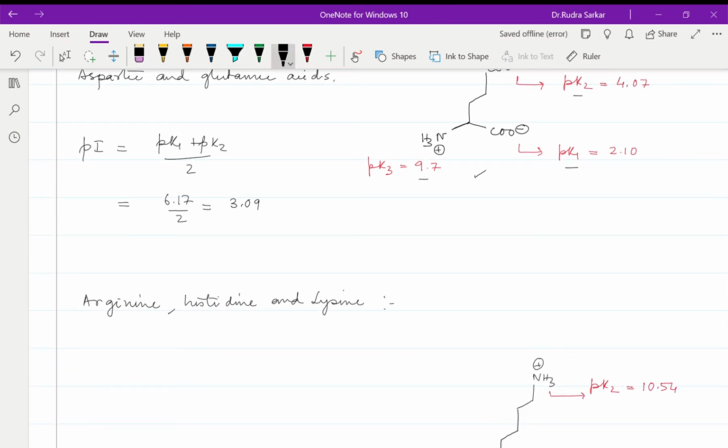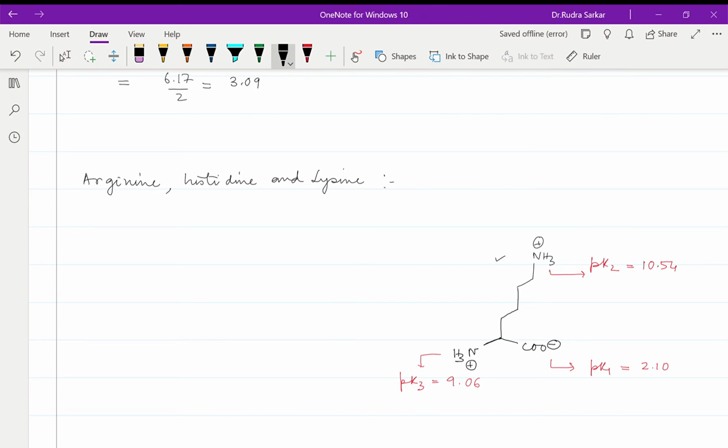Now for other amino acids such as arginine, histidine or lysine, here we have been given the example of the lysine amino acid, in which the pKs that we will be considering will be that of pKa3 and pKa2 for the calculation of the pI value of lysine. So here what we will do, pI will be equal to pK2 plus pK3 divided by 2, and that will give us 19.60 divided by 2,